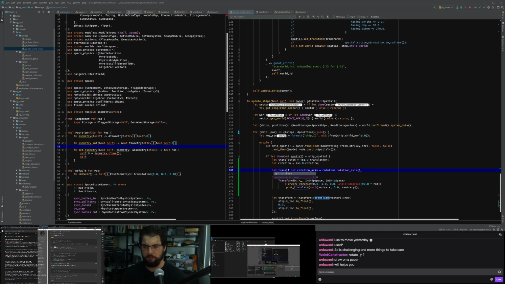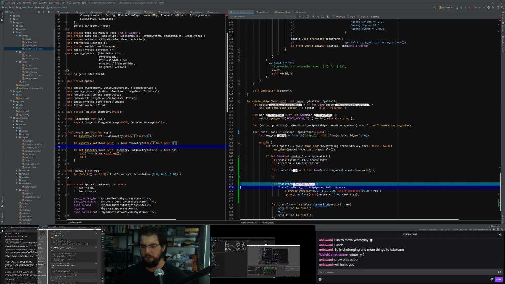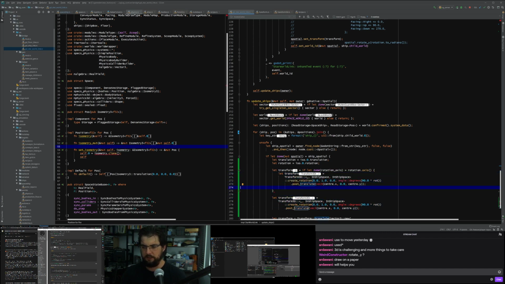So let transform equal, and we're going to calculate on two arms. The first one's going to be for rotation being true. So if some rotation axis is equal to rotation dot rotation axis, so if there is a rotation axis, but it's just called axis here. Looking at the docs on my left, you can't see. So if there is rotation, we're going to create a complicated transform, and I haven't written anything there yet, so it's currently incorrect code. Otherwise, we're going to write a simple transform.